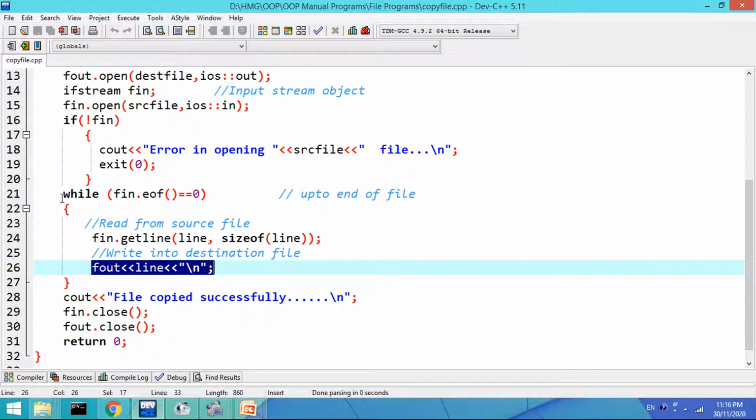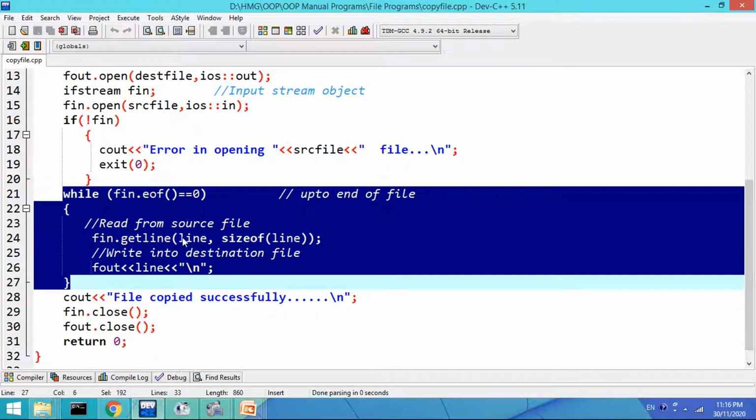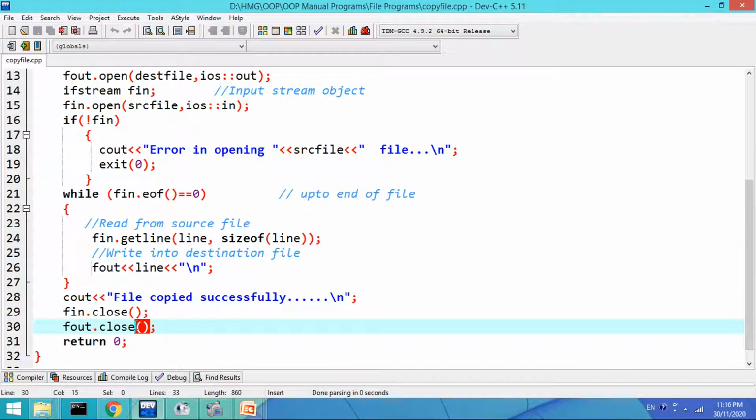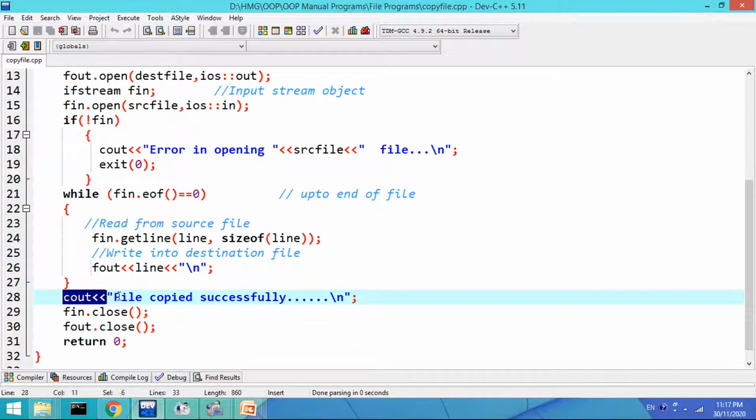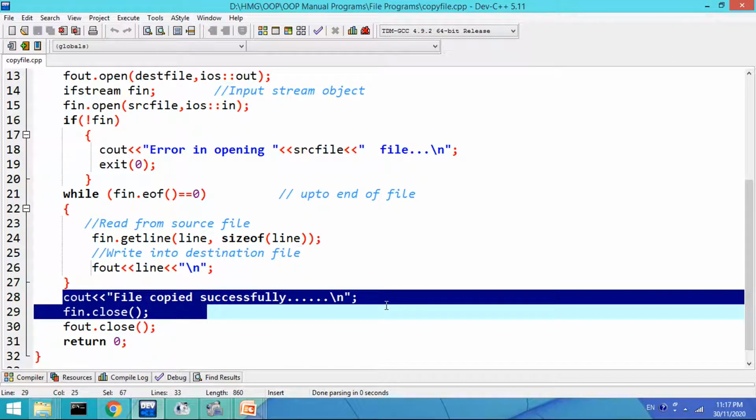So this while loop will read one line from the source file and write the same line into the destination file, and like this line by line read and write operations will be performed on the source and destination files until the end of file character is detected. Once the end of file is detected, this loop will be terminated and the file will be copied successfully.